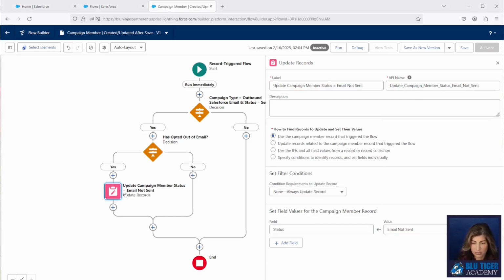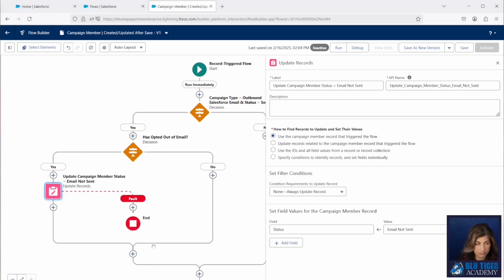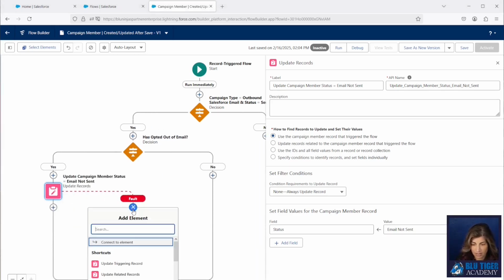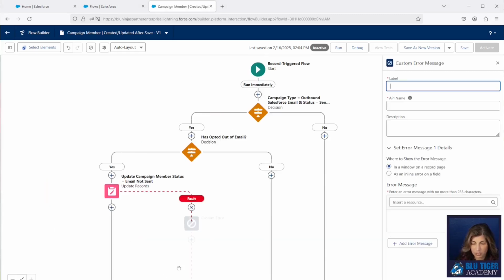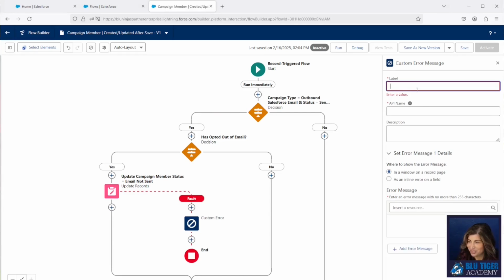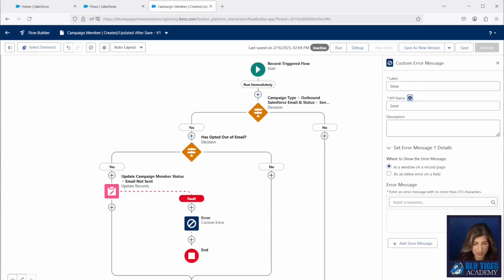And then we're going to add a fault path. And we're going to add a custom error. This is a new feature from Salesforce that we are trying to leverage, making sure that we are developing beautiful, awesome flows that show descriptive error messages. In this scenario, I'm not sure of all the different errors that can happen just yet because I haven't run into any when this action has happened. So we just have a pretty generic error that's happening right there.